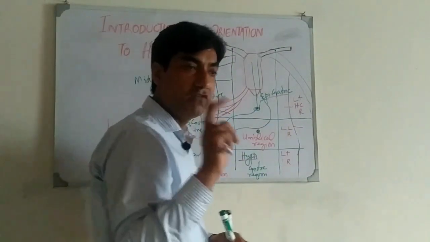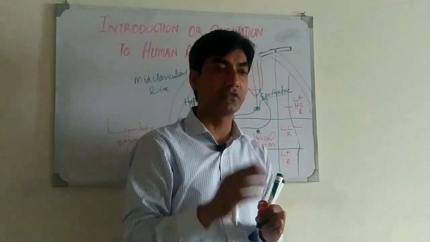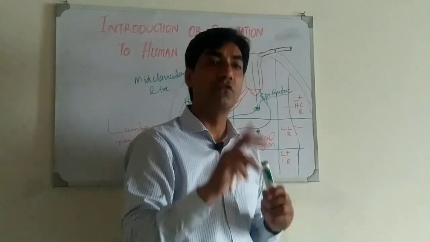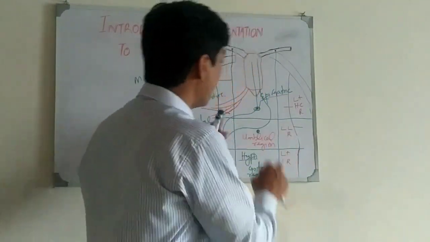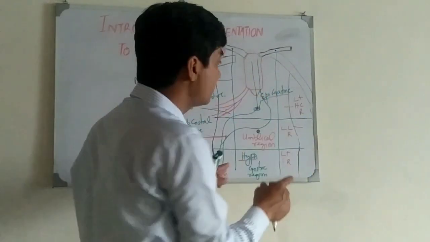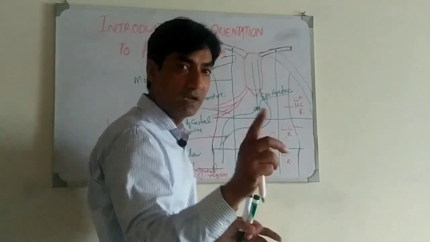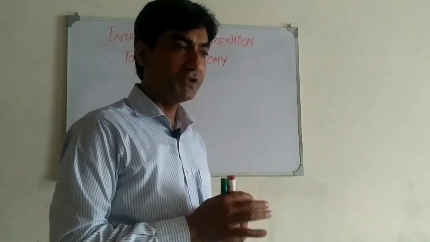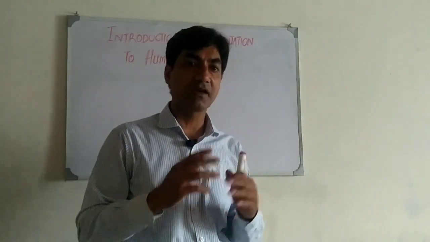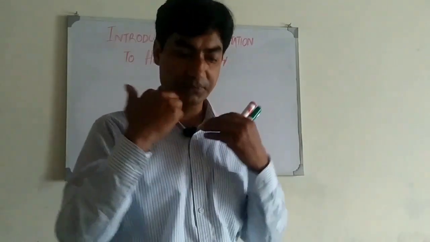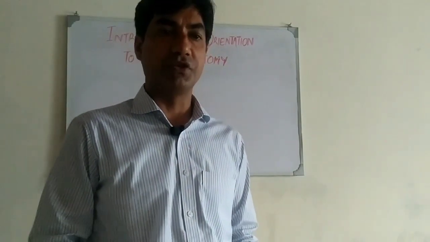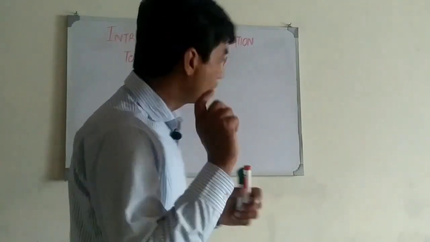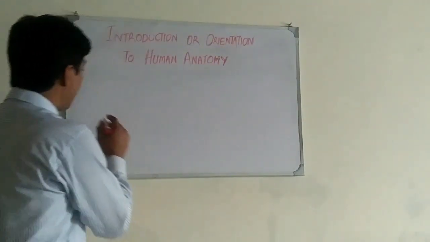The abdomen is divided, for description purposes, first into 4 quadrants and 9 regions. The 4 quadrants we have discussed, and now these are the 9 regions of the abdomen for clinical purposes. Axial skeleton we have discussed: head, neck, and then trunk. Trunk is further divided into 2 regions, the thoracic region and the abdominal region. The abdominal region is further divided into 4 quadrants and 9 regions. So now we are moving towards the appendicular